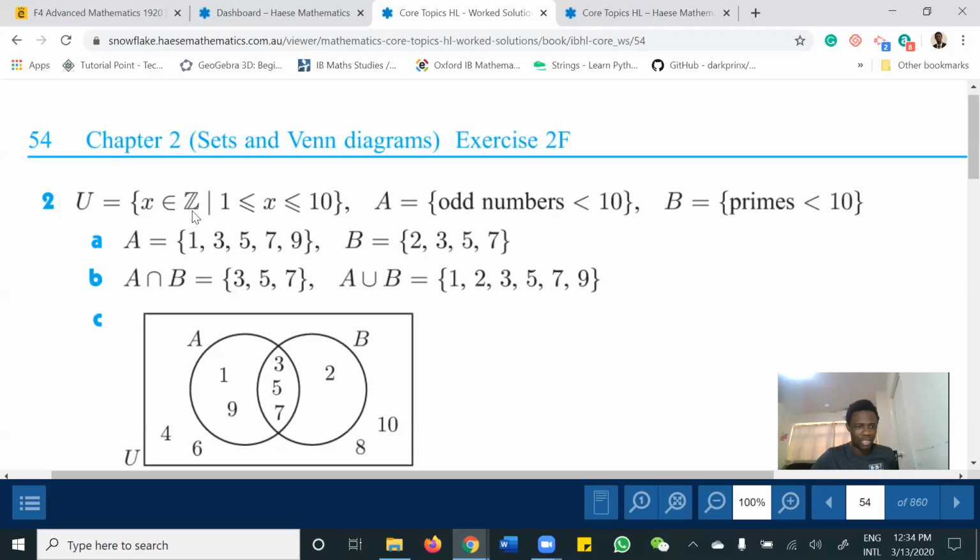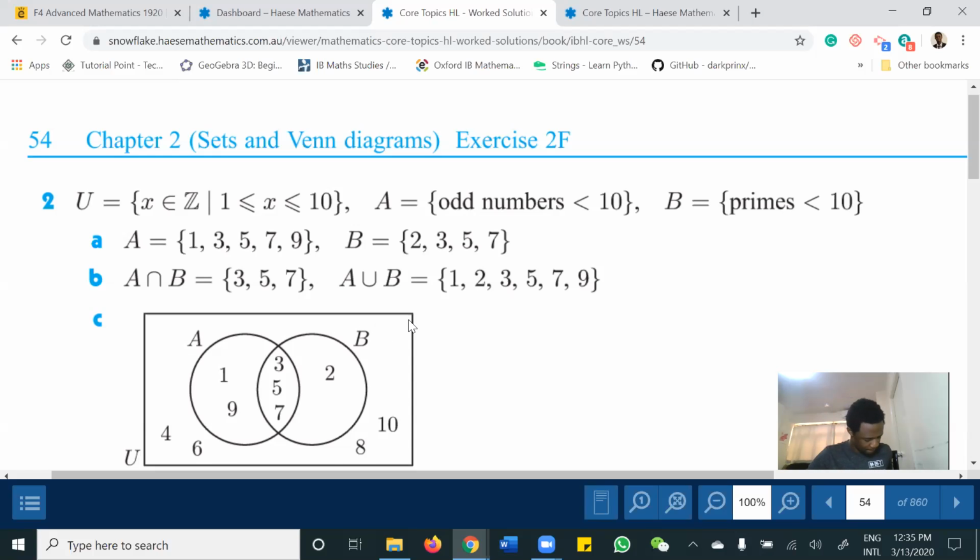But the universal set is every integer from 1 to 10. Because of this less than or equal to, 1 is included, 10 is also included. So you have to look at numbers from 1 to 10 that you have not taken care of so far. This is how I do it. You look at 1 to 10, right? This is 1, this is 2, 3, 4. 4 is not here, you write down 4. Then you count again 5, 6. Oh, 6 is missing in A and B, you write down 6. 7, 8. Okay, 8, you write down 8. 9, then 10, you write down 10. You can write it anywhere, at the top or here, as long as you have it within the rectangle.